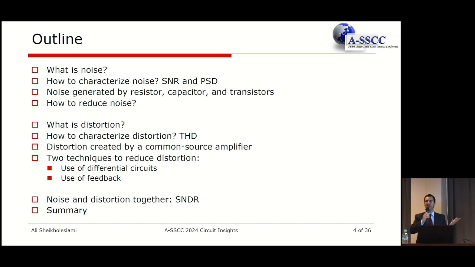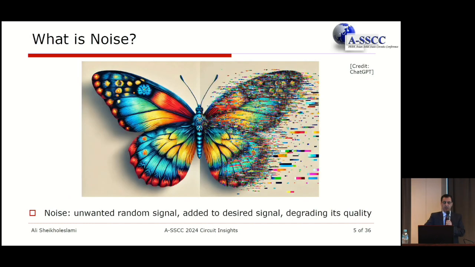It's like any engineering work, right? First, you look at the problem, you ask yourself, what is it that you're trying to solve? And once you know what the problem is, the second part is to characterize it and to find out what that beast is exactly and how we can quantify it and then communicate it with other engineers so we can all together solve the problem. And once you understand the problem, as you know, you're already half there to the solution, and that is how to reduce it. So we're going to apply this very engineering principle to noise and distortion, and we'll go through this. So what is noise?